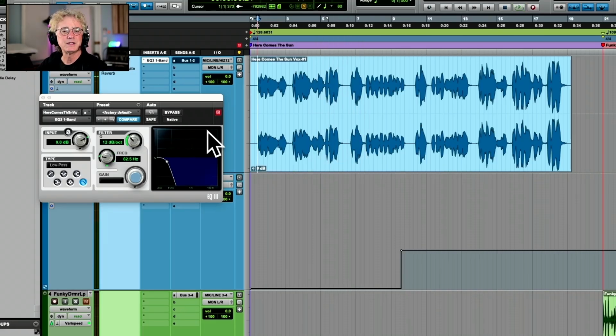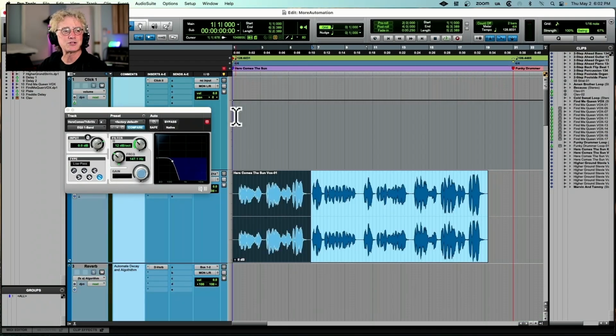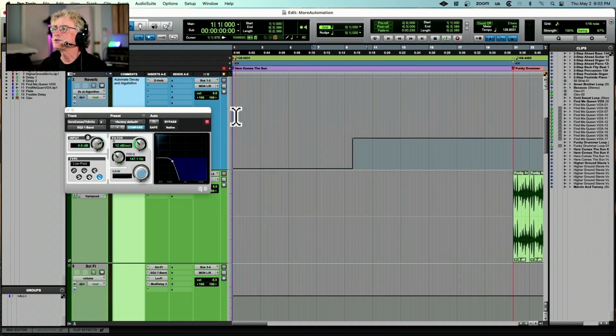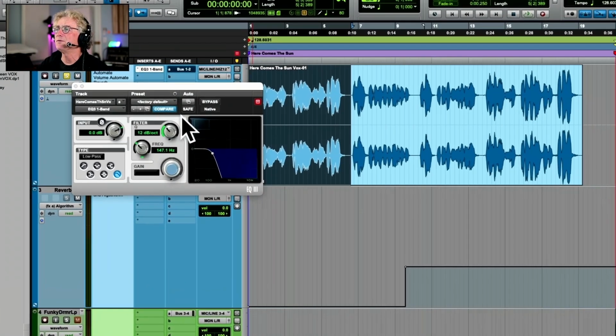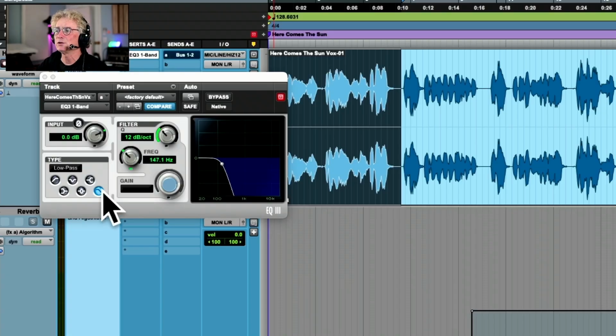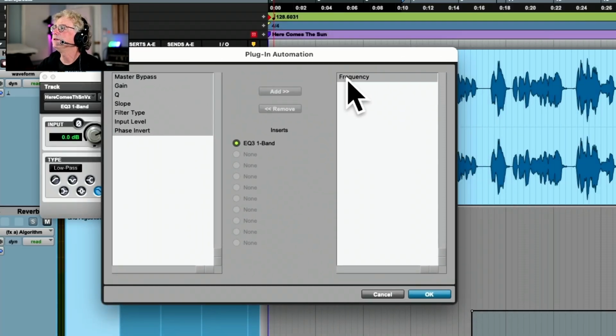And now for the second part, right? So if that's the introduction, it starts dark and gets brighter. So how did I do that? Well, I've gone over this a little bit before, but I've set this for low pass filter, which is right here. And then I've gone to this area here called auto, and I've clicked on this. And it says frequency here. So what I did was I just would click on this and I would add it,